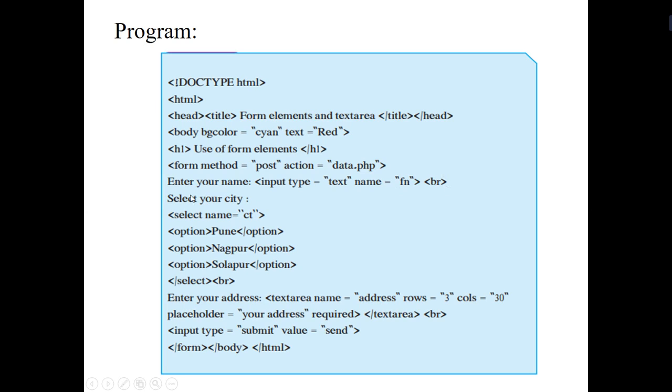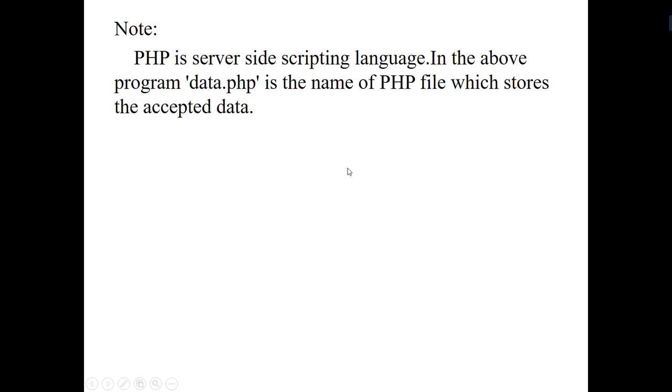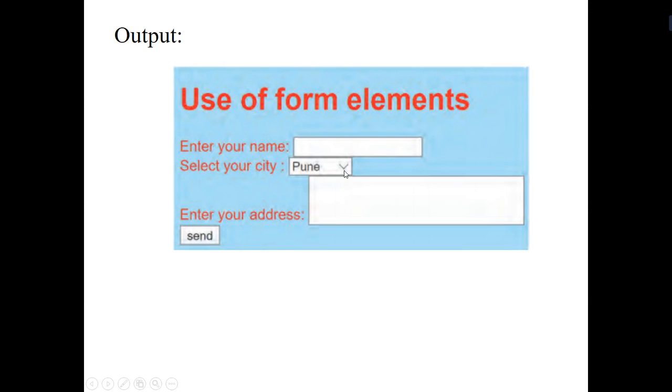After that I want to select the number of cities, that is, I want to create a drop down list. If you want to create a drop down list, we use the tag select name is equal to city. Name is the attribute and the value is city. So select is the tag, name is the attribute and the value is assigned as city. You can assign any value, and you have to provide the different options that should be displayed here. See here, when you click on this arrow, you will have the different options for selecting your cities.